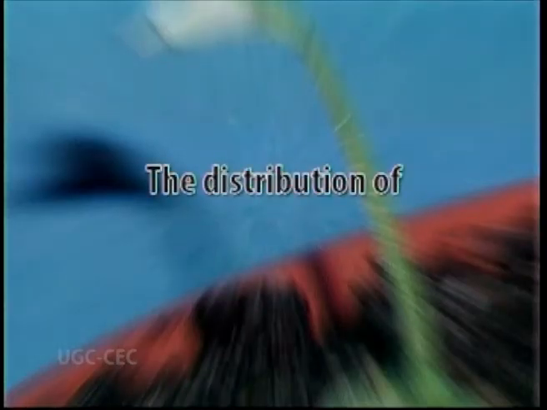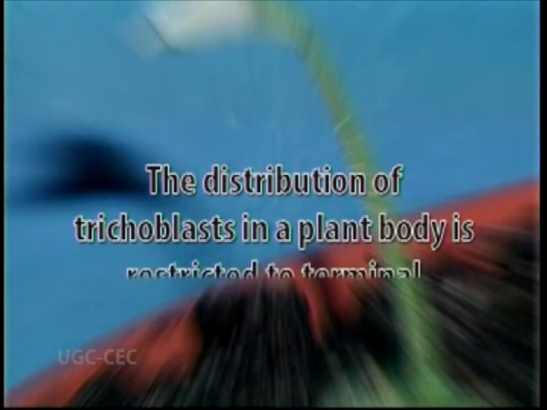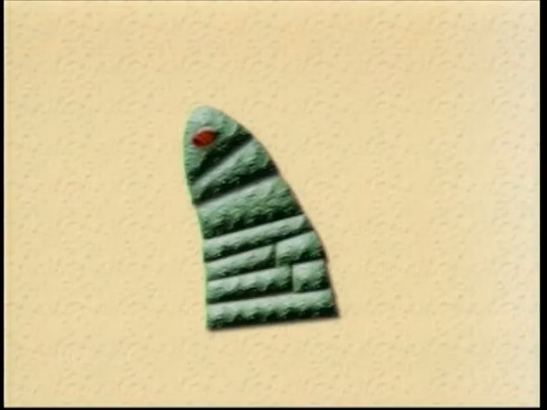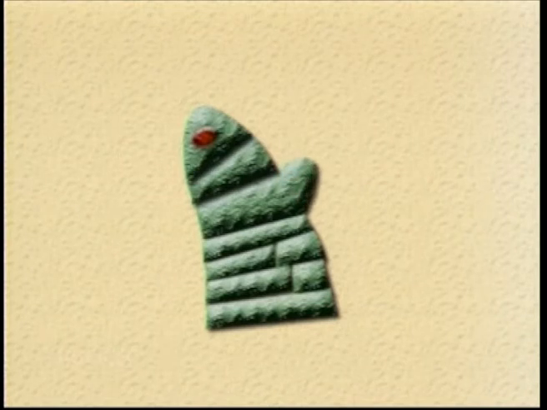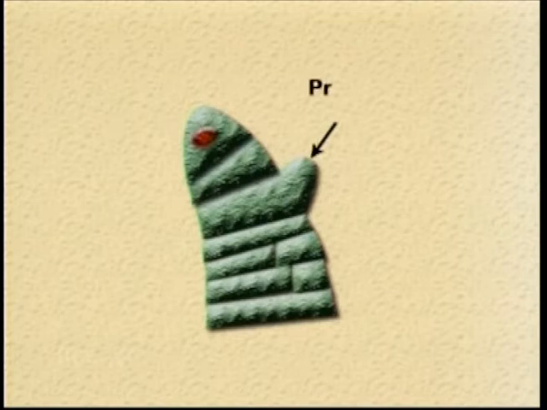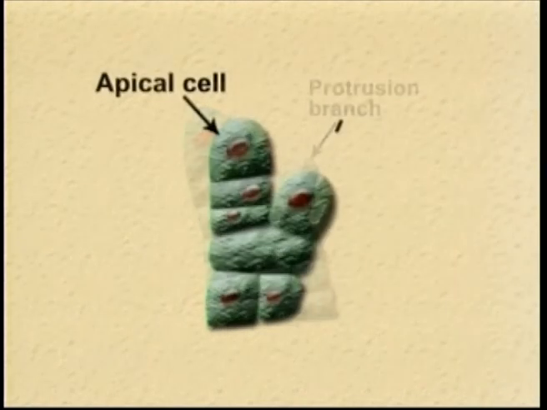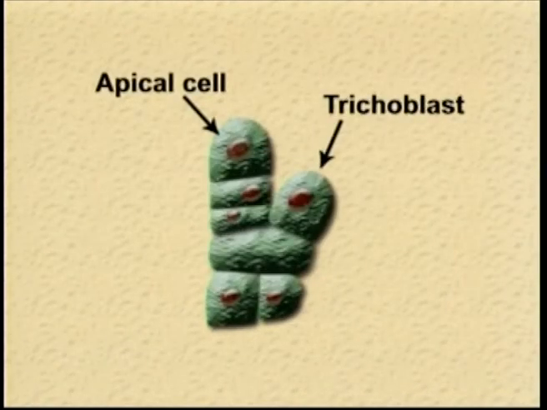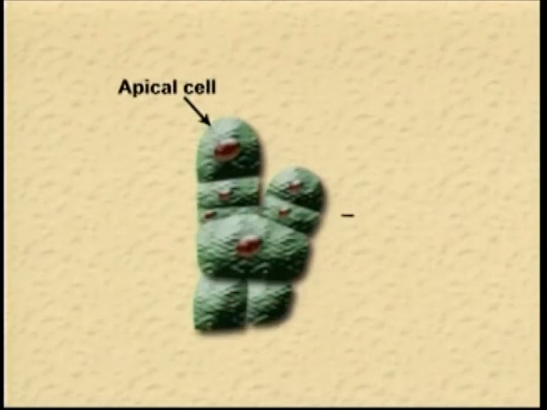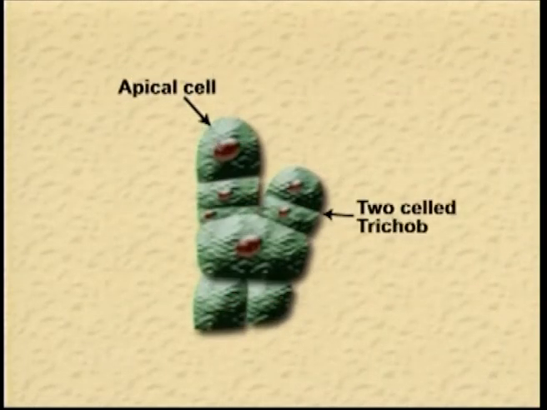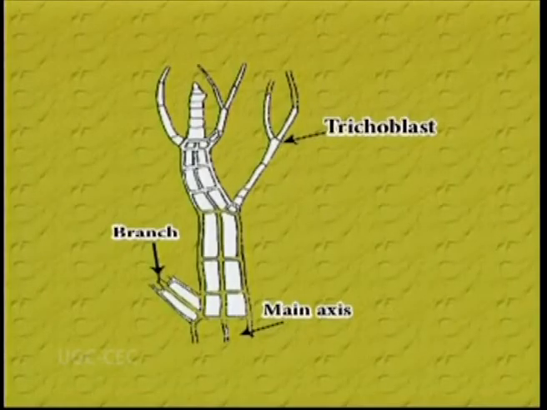The distribution of trichoblasts in a plant body may be restricted to certain regions, more commonly terminal. The trichoblasts originate from the axial cell 2 to 5 cells below the apical cell. It commences with the formation of an outgrowth which is cut off as a small cell by a diagonal wall formed at its base. It is called the trichoblast initial, which divides repeatedly to form a dichotomously branched, gradually tapering hair-like